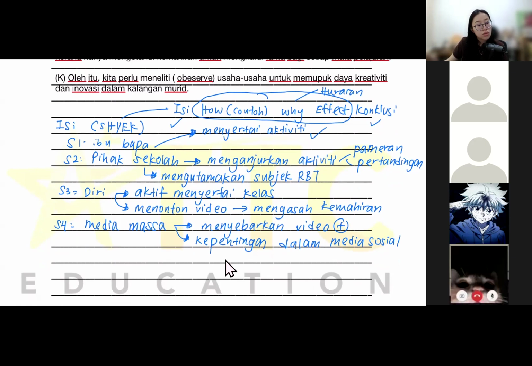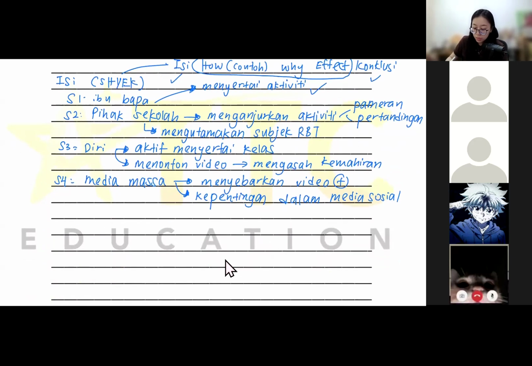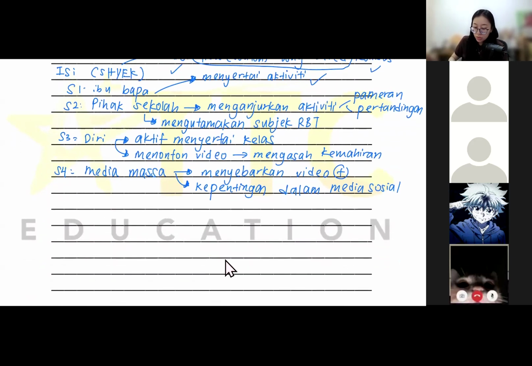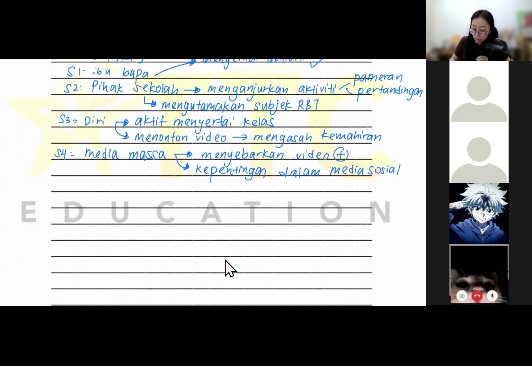1, 2, 3, 4. Okay, ibu bapa got one. Others? Or all want to choose one? Okay, one got two, so we go for one. So, same thing, I just type the answer. So, EC we are using SHYK. So, my first EC,